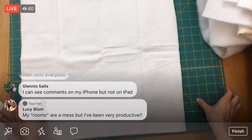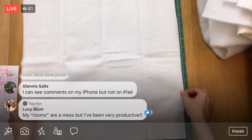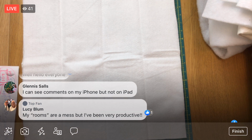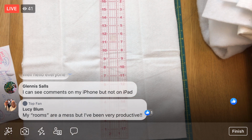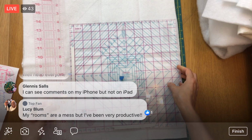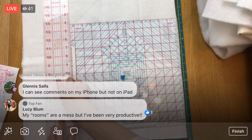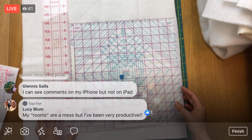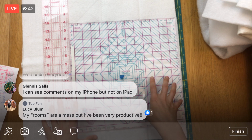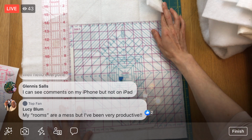So I need this to be, I said about 14 inches, but you know what? I think I have a 3-inch ruler here, and I have, oh, this is an 11. Okay, this is a 12-inch. I thought this was a 10-inch ruler. I thought I could do 2 at once, but nope. We'll have 11, 12, 13, 14. We'll have like 14 and a half here, and that's a little bit big. I wanted a slightly smaller than my backing piece, which is 14 inches, and